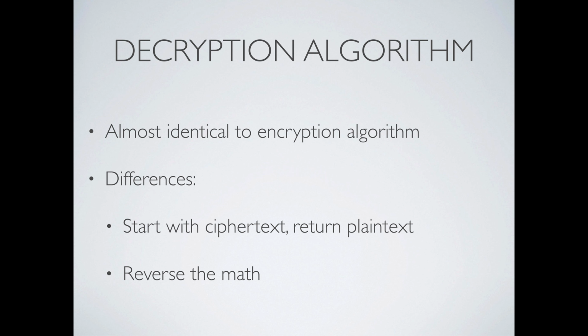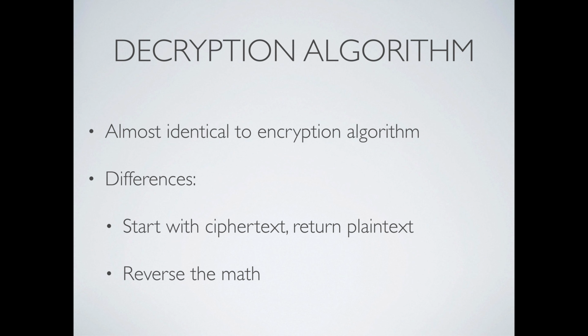With decryption, you already have the ciphertext. You already have the jumbled up version, and you're going to give back the plain text version. Versus encryption, you start with the plain text and then give back the ciphertext. The other difference is you're going to reverse the math. So whatever math you do to calculate the new letter, that math is just going to be reversed. It's going to go the other direction. So, keeping those differences in mind,